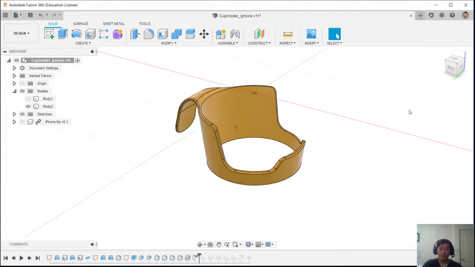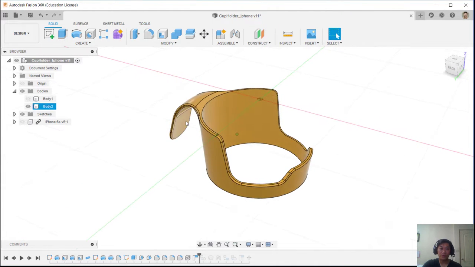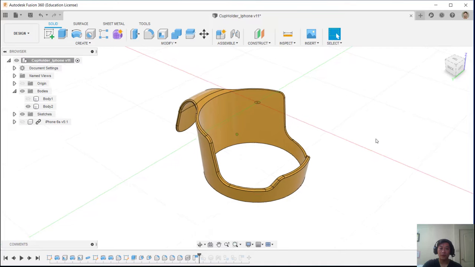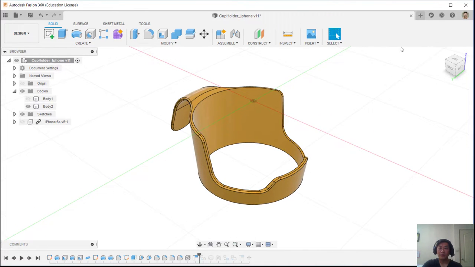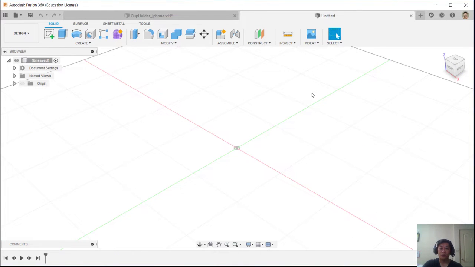Okay, so first of all, if you are not familiar with Fusion, don't worry about it. I will guide you through step by step. Okay, let's get started. For those who are not familiar with Fusion, when you open Fusion in a new design like this, it will open up the new design, and then at the right corner here